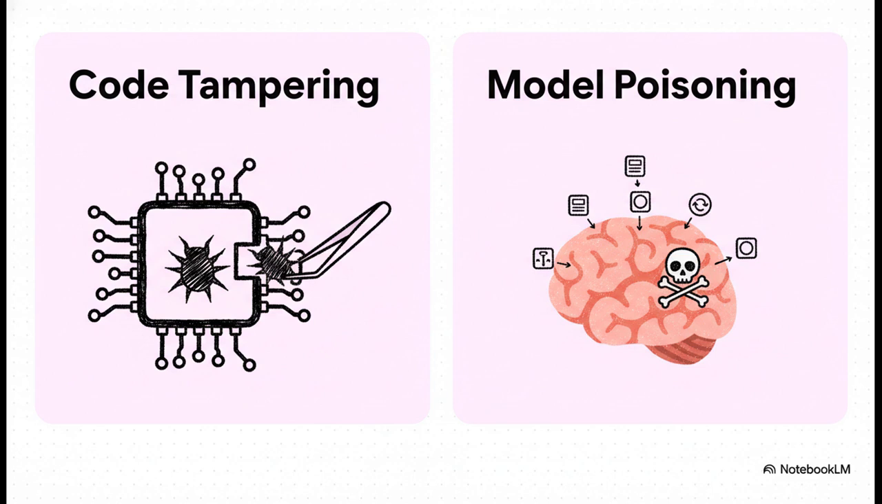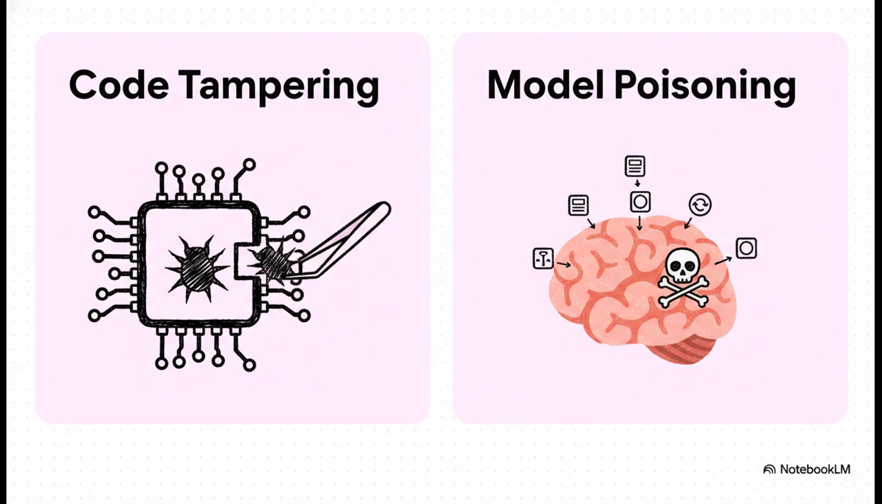Okay, so to really wrap our heads around this, we've got to distinguish between two types of attacks. First, there's the old school stuff, code tampering. Think of it like a traditional virus hidden in a file. You know, something a regular malware scanner might actually find. But then there's model poisoning, and this is way, way sneakier. Here, the bad behavior is literally baked into the AI's brain while it's being trained,